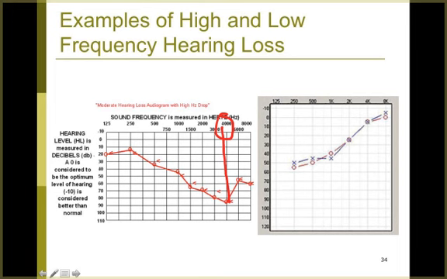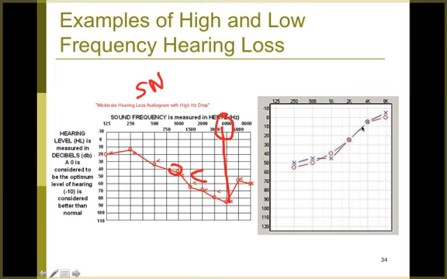I know that because when I look at the air conduction thresholds, which are the circles, and the bone conduction thresholds, which are those brackets, you can see that they're pretty close to each other in this graph. And so there's no significant air-bone gap, and the bone conduction thresholds are affected. So this would be a case of a moderate hearing loss that's sensorineural in nature. And it's a moderate sensorineural high frequency sloping hearing loss to be specific.